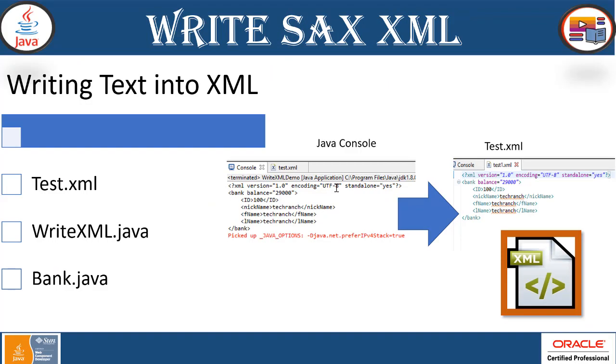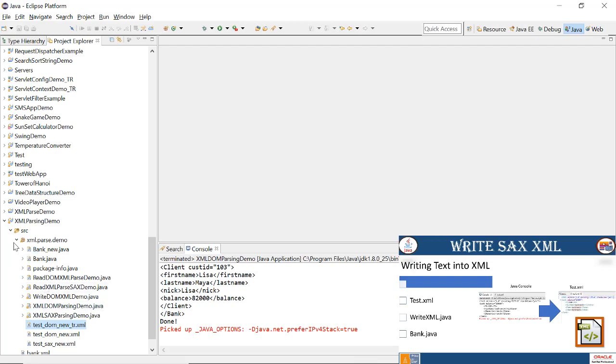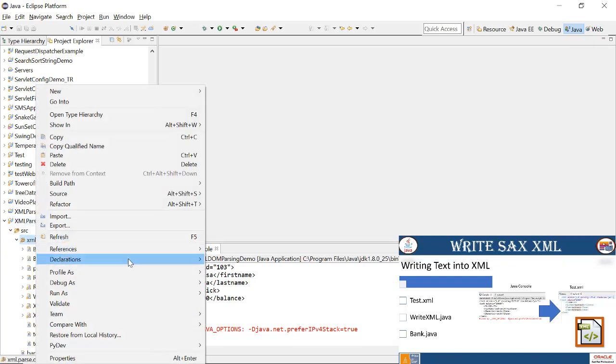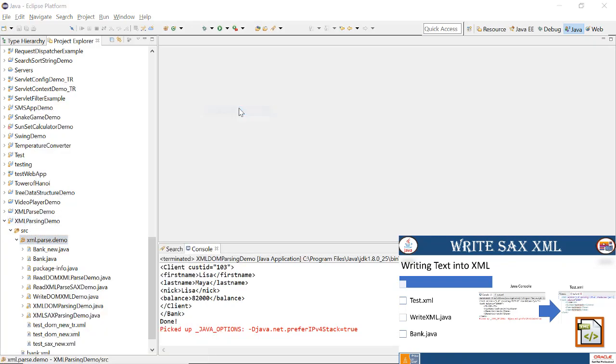Now let's take a look at the SAX XML API. To write in an XML using SAX XML Parsing API, what we are going to do, we just have an XML, we have a getter and setter method, and in the XML.java file, we're just going to import the entire content of the XML and write it and put it in the XML after creating an XML file using file descriptor. So let's take a look at the implementation. For XML using SAX, I'm going to use the same getter and setter method and create a new XML class file,